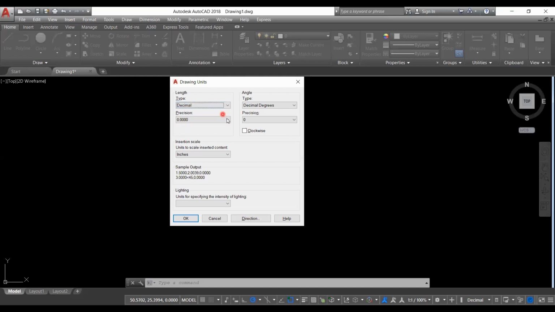So I'm gonna go with the decimal form. You can also change the precision to suit your needs. So I will choose 3 decimals. You can also choose any of these depending on the type of angle. So I will use degree minute second format.